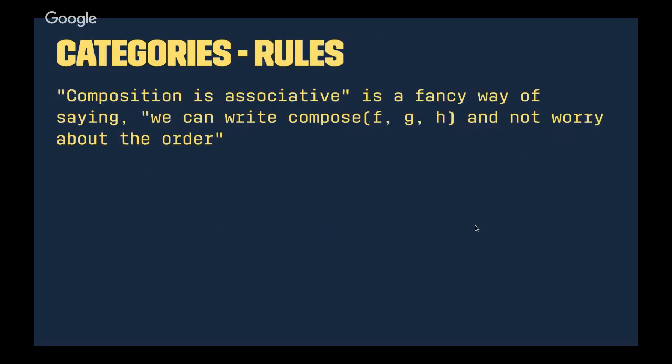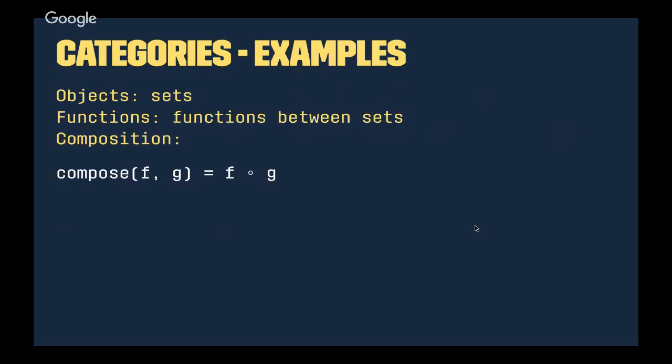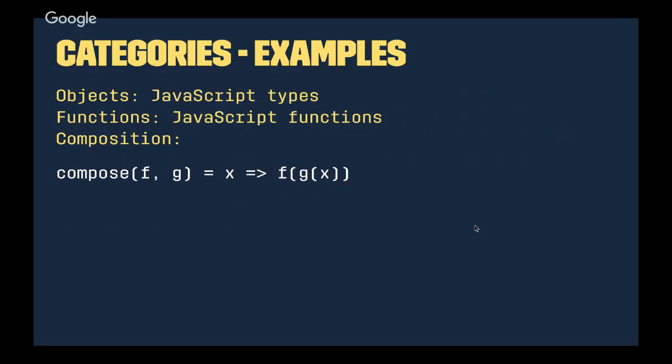That's pretty abstract. Let's try to get that a little bit more concrete. Some examples of categories. The classic canonical and not terribly illuminating example is sets. You can think of the objects as being mathematical sets, functions as being functions between them, and composition being your standard function composition. If you're not a mathematician, this doesn't sound inspiring to you at all, so I'm going to move on.